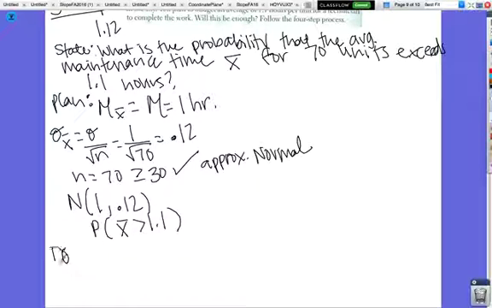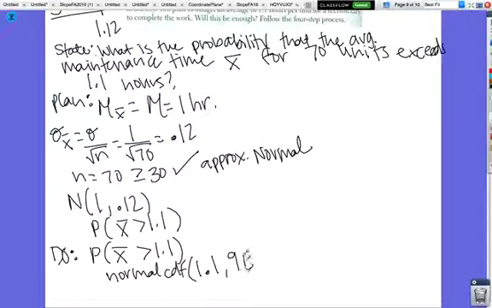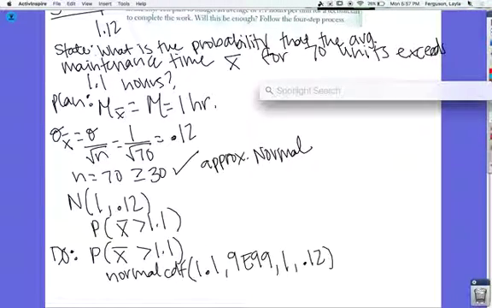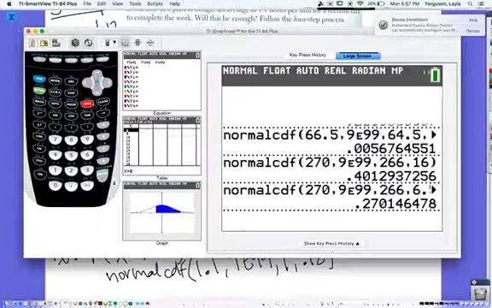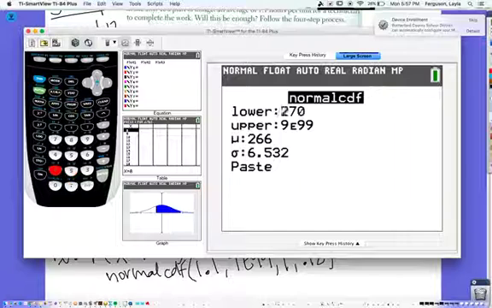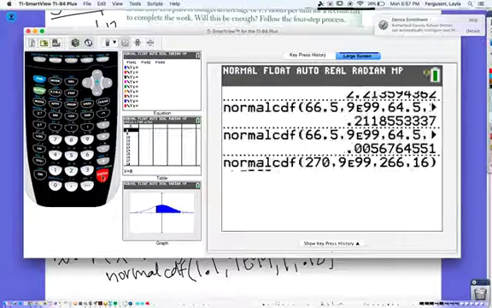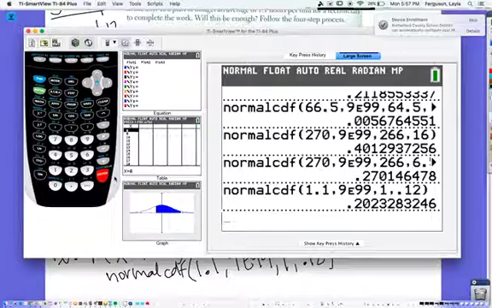The next thing you have to do is do. So you're going to find the probability that x bar is greater than 1.1, and you can use normal CDF. You can also standardize and use the normal table. If you're using normal CDF, your lower bound is going to be 1.1, your upper bound is going to be infinity, your mean 1 and your standard deviation 0.12. On the calculator, second vars, option 2, lower bound 1.1, upper bound infinity. Mean is 1, standard deviation is 0.12. When you do that, you get